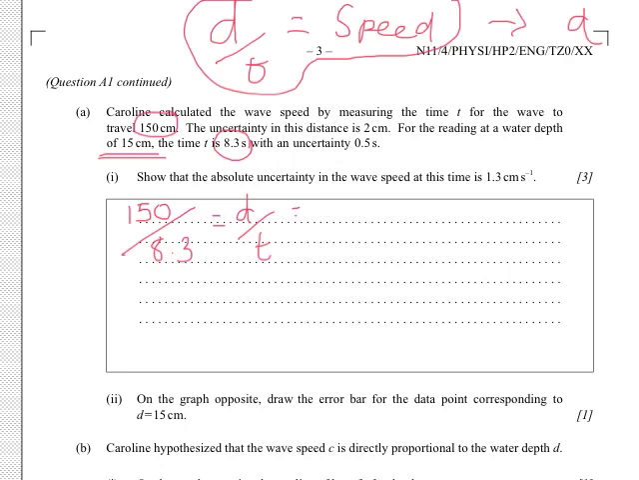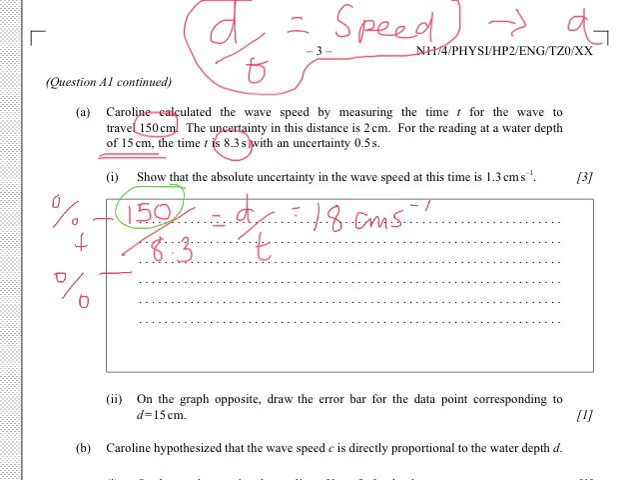And that would give you a speed of 18 centimeters per second. Okay, now let's have a look at the uncertainties. We are dividing distance over time, so we're going to have to add the percentage uncertainties of each quantity. Now the percentage uncertainty for distance d